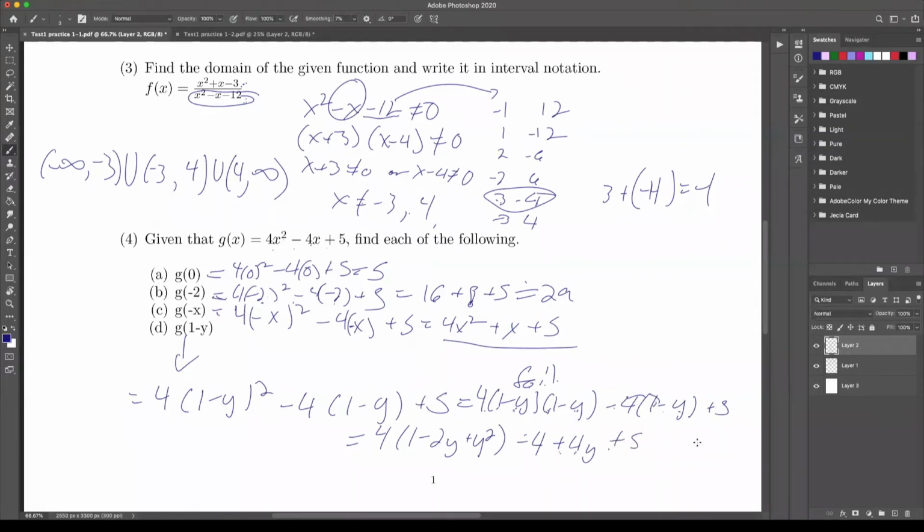I'm going to add 5. I'm going to simplify one more time from there. So we'll have 4 minus 8y plus y squared minus 4 plus 4y plus 5. And now the last thing we'll do,